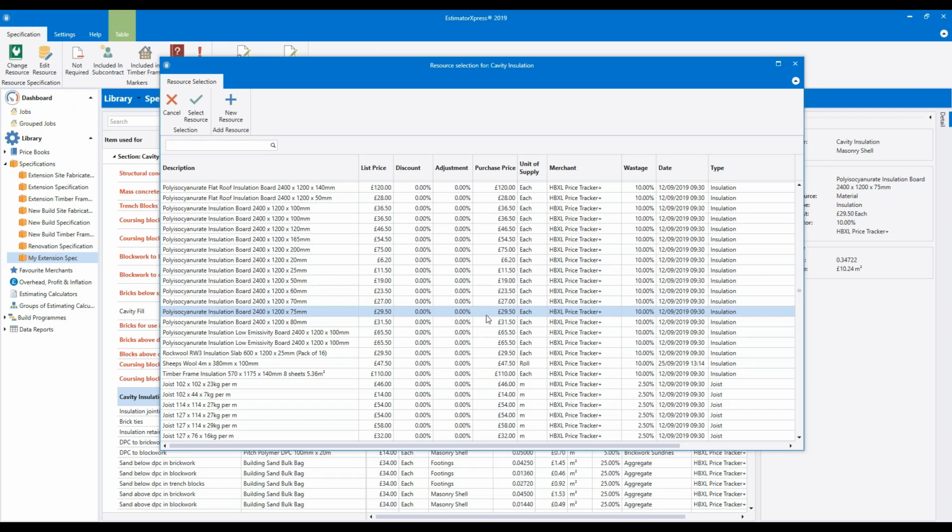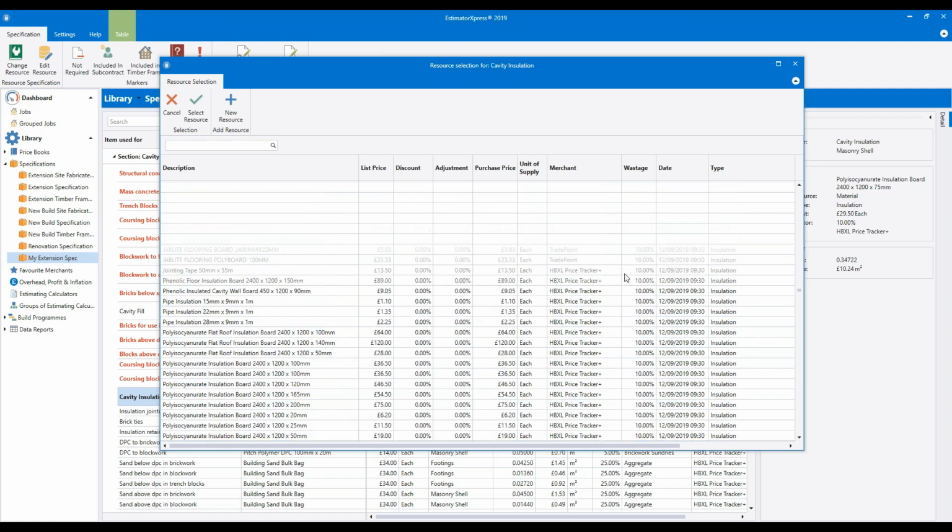So as I said, what we want is a Celotex type product from the HP Excel Price Tracker Plus range, and we use the non-branded name for this product, which is polyisocyanurate. So if you can find the polyisocyanurate insulation board, 75mm thick one,